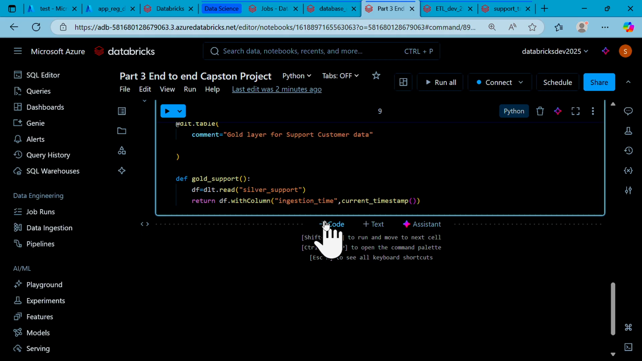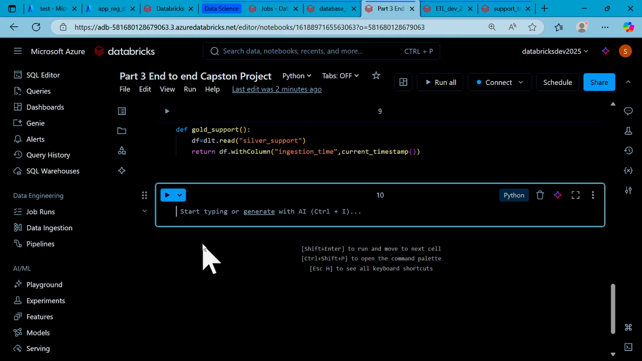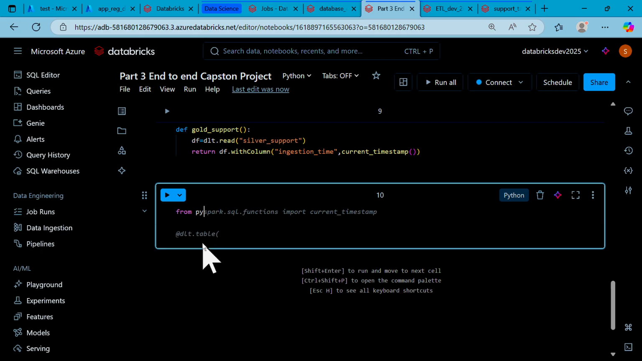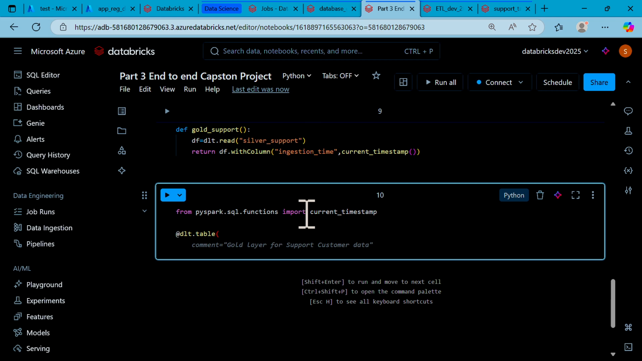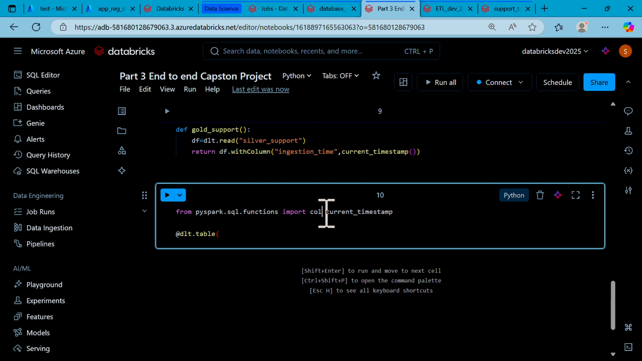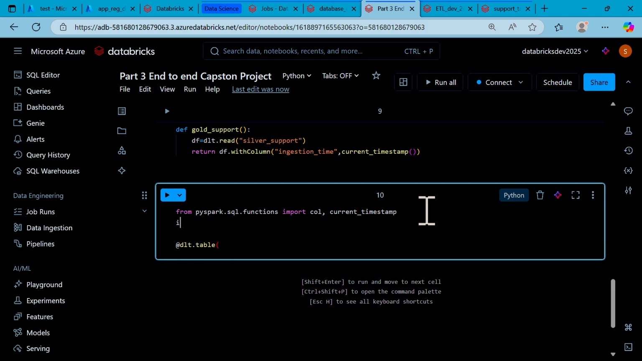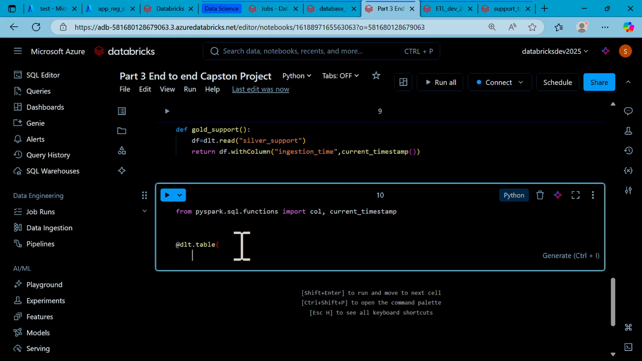For this, I'm going to create a new code cell with this, right, support, and this would be PySpark. From colon, I'm going to write colon and then current times 10. And also I'm going to use import. I'm going to use DLT table. With this DLT table, I'm going to write some comment, and this comment should be